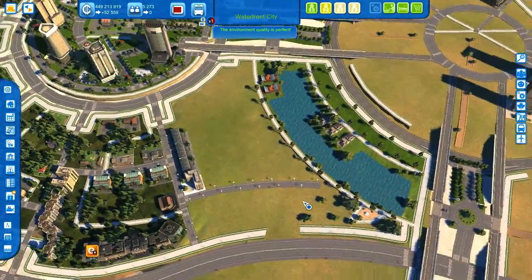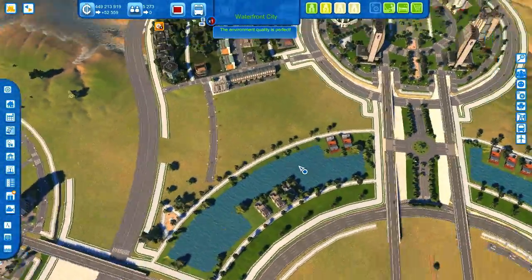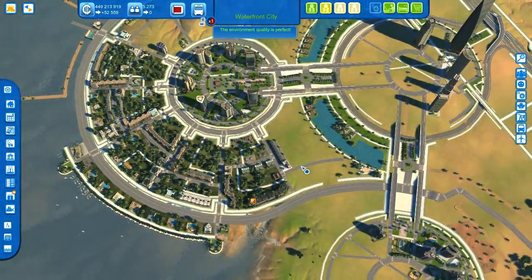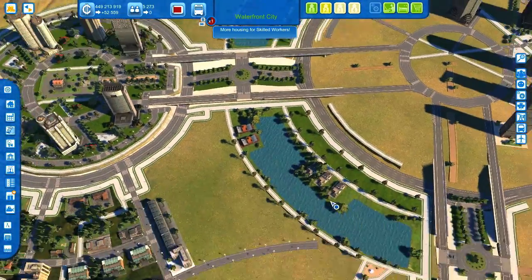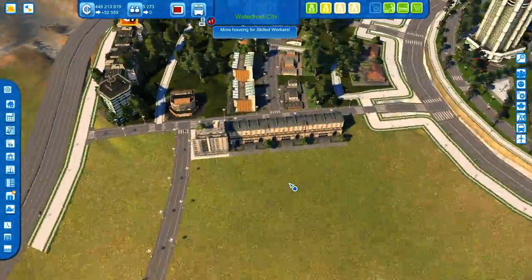I want to continue over here because we need to build some kind of ending for this layout, or a connection of this layout to this lake. And this is actually not so easy because the problem is